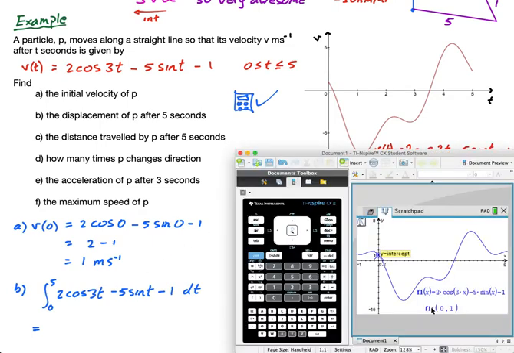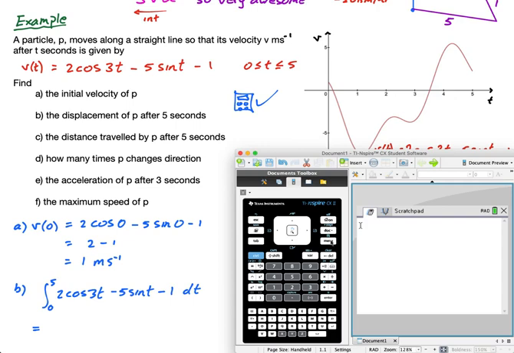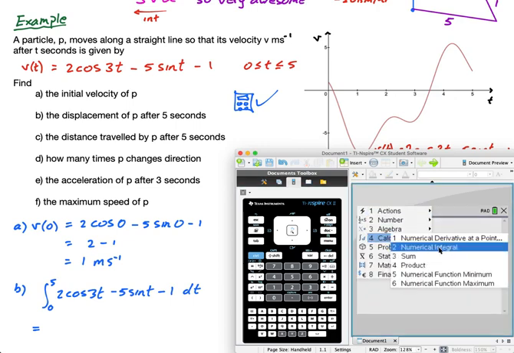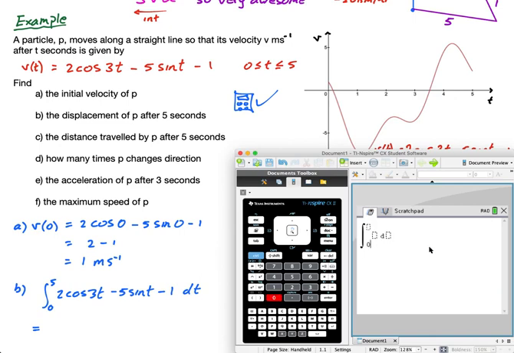I can just type that into the calculator. So here I'm going to go menu, calculus, numerical integral. I'm going to go from 0 to 5, and then 2 cos of 3t, I can actually use t here, minus 5 sine of t, and then minus 1. Just make sure I now do dt here, press enter, and I get negative